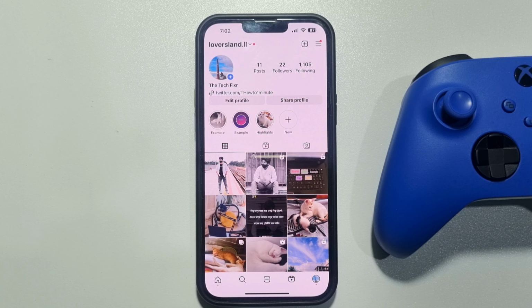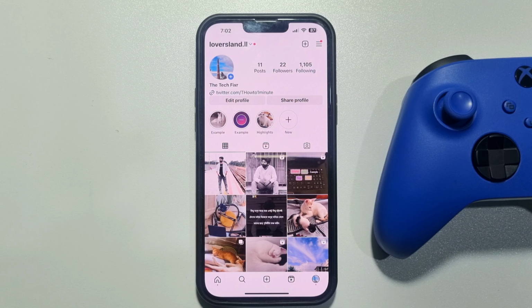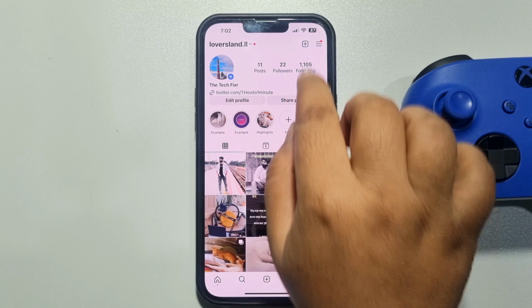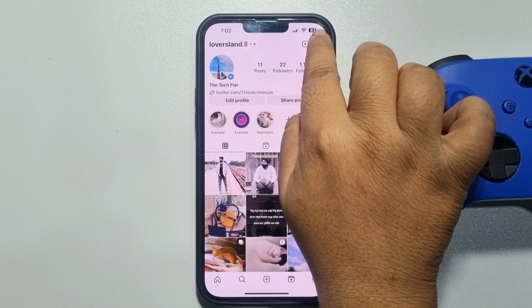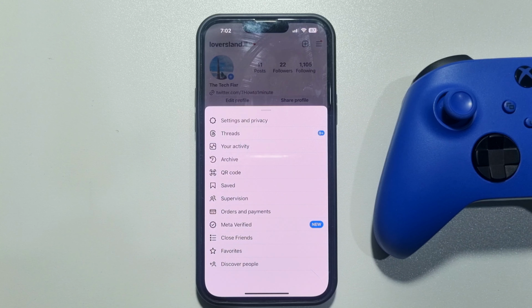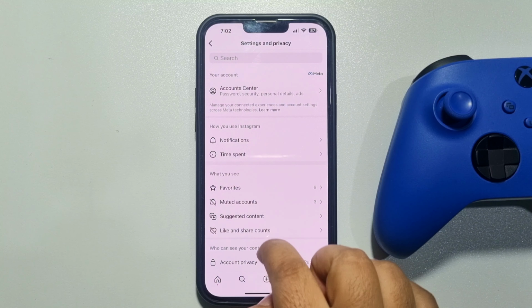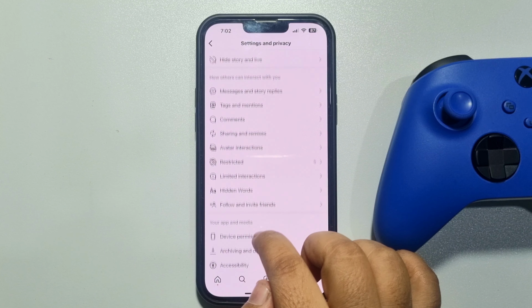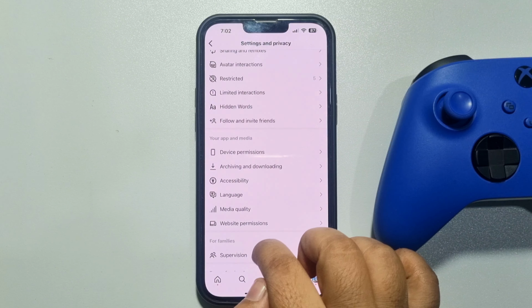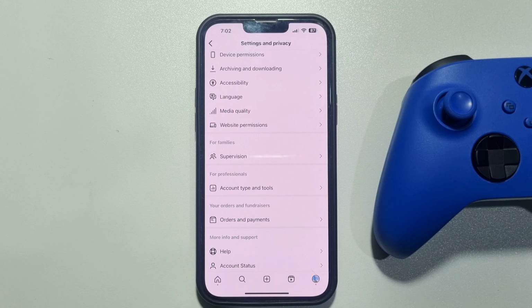Once you are on your Instagram profile page, tap on this menu icon at the top right and tap on settings and privacy, and here scroll down. Under the professional section, you will get this account type and tools option. Tap on that,